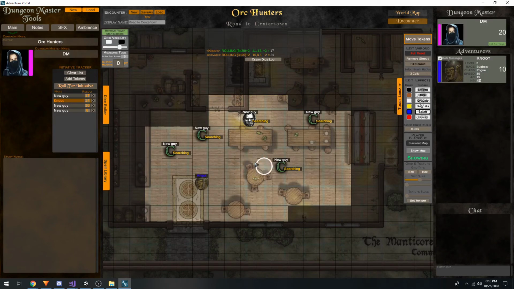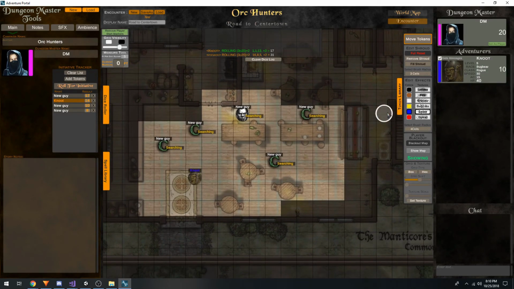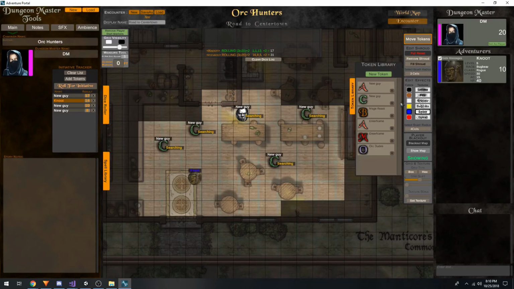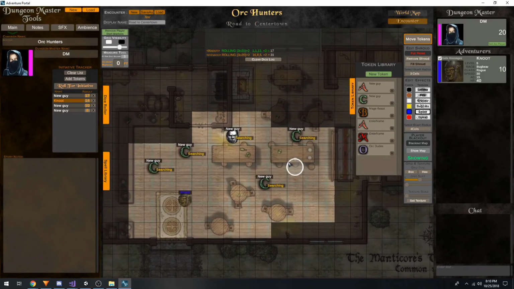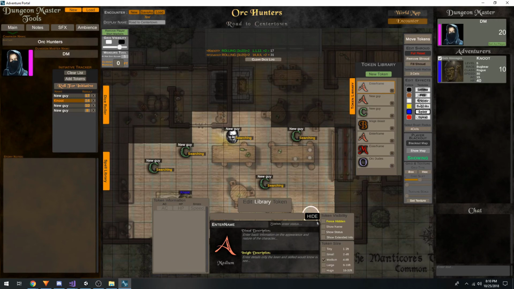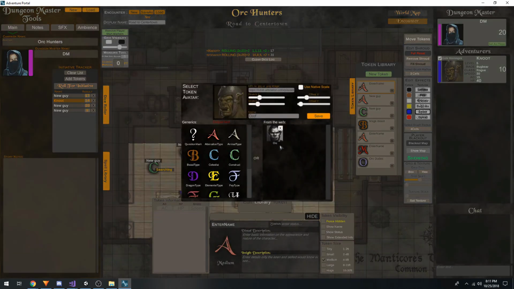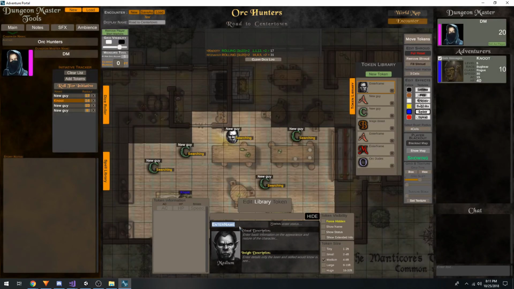So I'm sure I'm missing something. Oh yeah, I am missing something. There's one more thing: the token library. The token library is where you hold all your tokens. All tokens are custom, and you open up the library. You can create a new token by clicking the button, and you select it, and you can fill out all the information here, set its image,